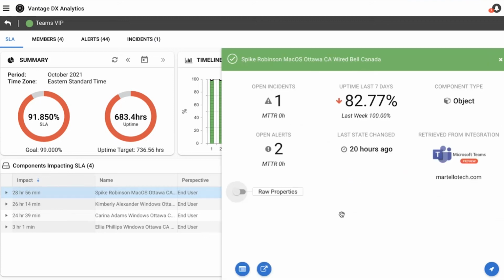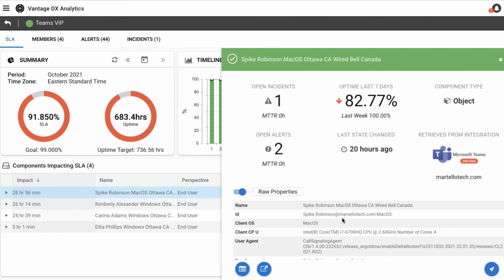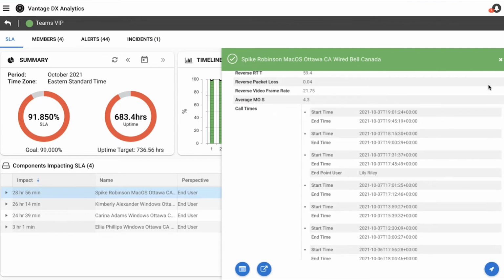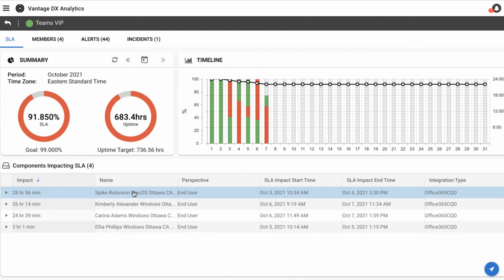And again, like we've already seen a couple of times in the demo, I can get quite a bit of detail about that user to understand what might be going on. This also gives me a prescriptive view of the next reporting period, the next month, and the things I should be solving in order to deliver a better service next month. So if I see that there were some network devices that were problematic and causing issues for my users, I could solve that and be convinced that next month I'm going to deliver a much better service